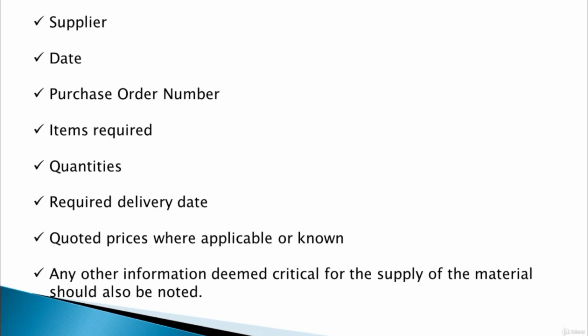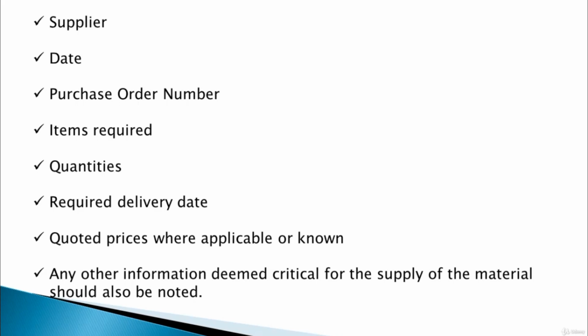So as I was saying, the documented information should include the supplier name, the date, the purchase order number, and the items required, what items, what products, and what services or what processes the organization is requiring or demanding, and how much, the quantity, the required delivery date, and the quoted prices where applicable or known. So we're talking about the price here, the cost,